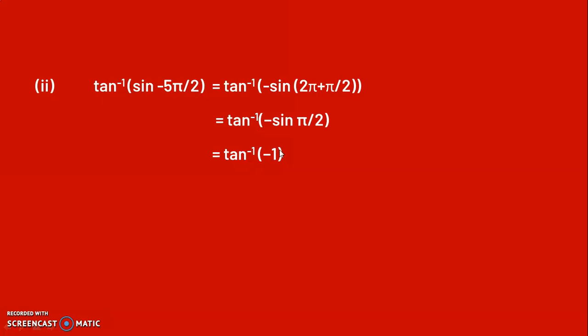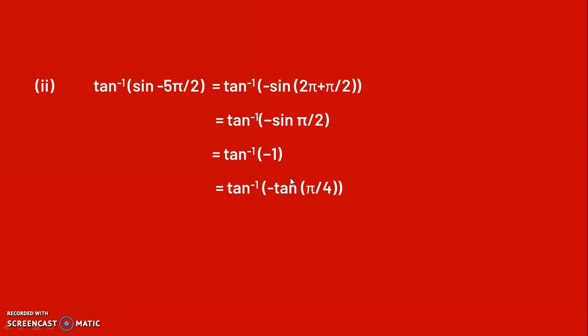So now this 1 is going to be converted into a tan trigonometric function. So what theta has tan theta with the value 1? It is 45 degree, that is pi by 4. Tan 45 degree is 1, that is tan pi by 4 is 1. So we can write this minus 1 with the minus sign as here, and 1 is written as tan pi by 4.